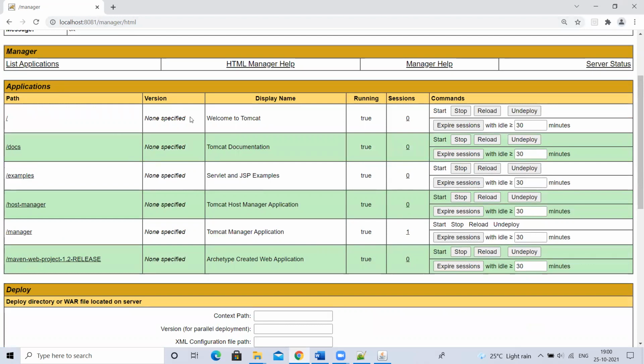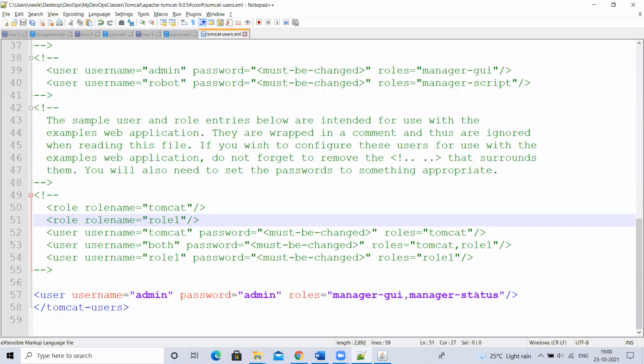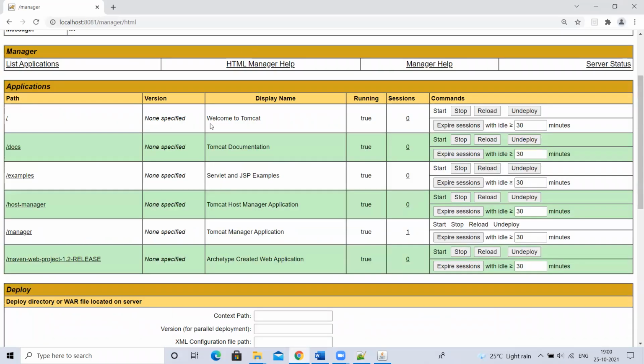So Tomcat is providing separate security for this only. Who can access my Tomcat console, I can control from this location. That is the reason when you are deploying manually, you prefer this admin console access. Don't directly copy into web apps directory. Still, in automation, we have to copy. But why we do that, and how to provide security for that, I'll discuss later. For now, have you understood? Yes, sir. Okay. Now I'm going to undeploy it.